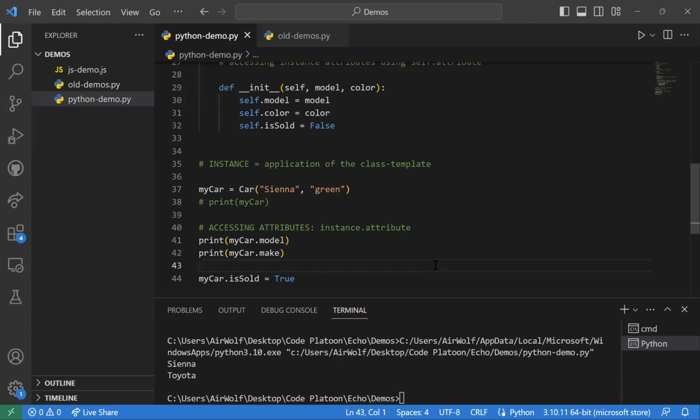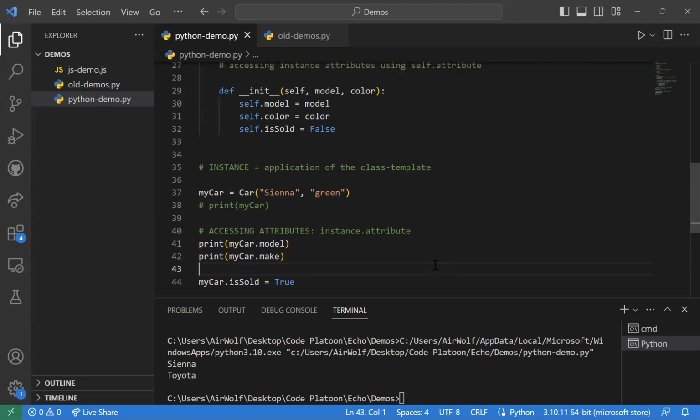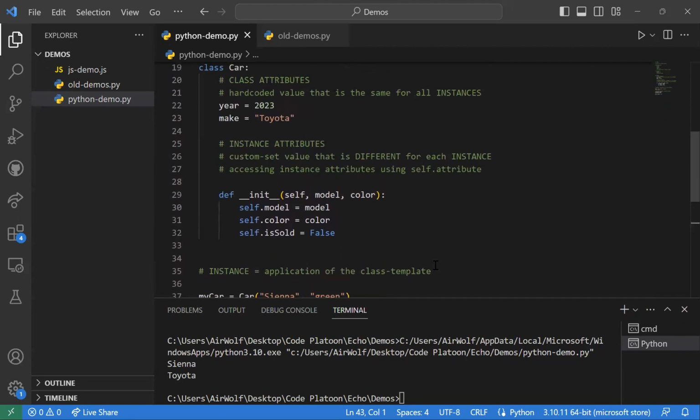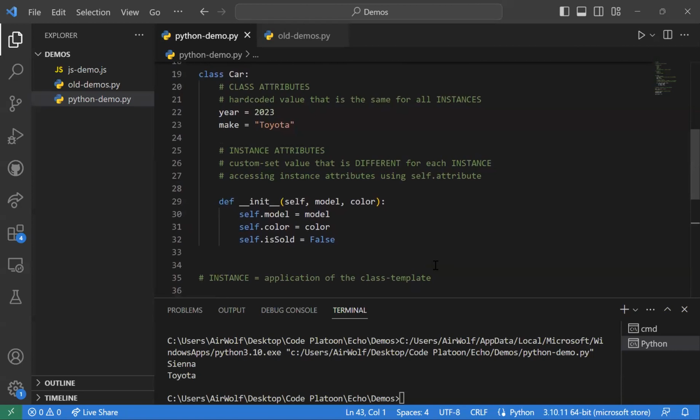Also, above line 29, when you hard coded, would it be best practice to put that in the init method, or is it also common to kind of hard code stuff without putting it in the init method? In general, do you want to hard code things using, again, let's go back to our formal terminology. Your class attributes are things that you want to define outside of your instance method, outside of your init method,